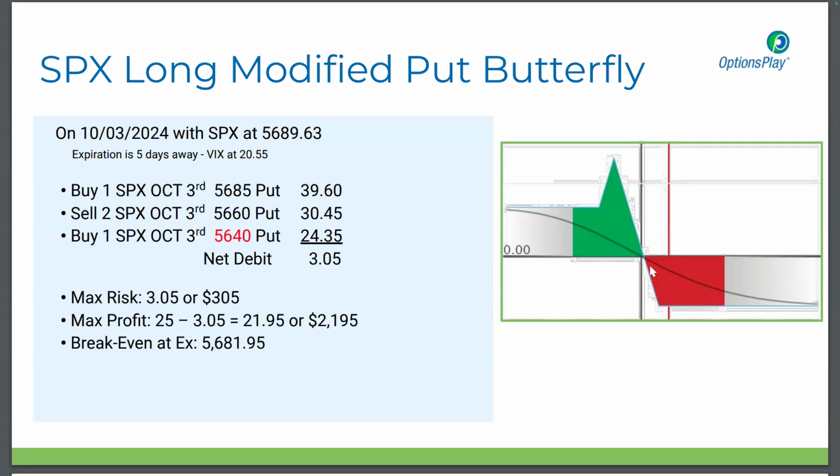Our break even, now here's what's interesting compared to a standard butterfly. Where do we break even at? Well, instead of 2 break evens, you only got 1, right? Because down here we're profitable. So that is this strike minus that net debit of 3.05, I guess I would point right here. And it's 5681.95. So if we hold it all the way to expiration, which we very rarely do with a butterfly, but if that did happen, this is where our break-even point would be at. Okay.